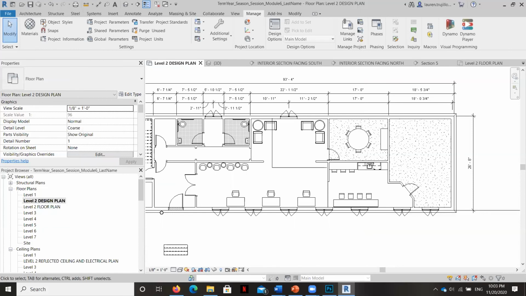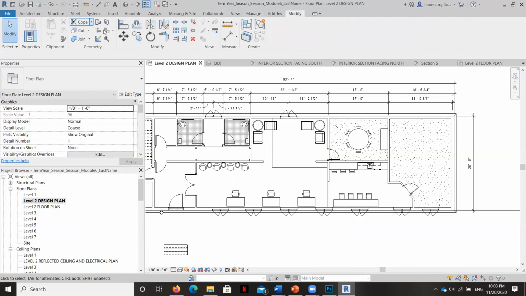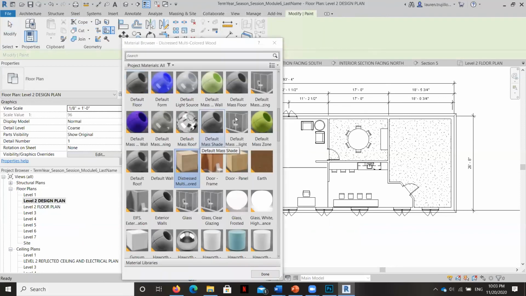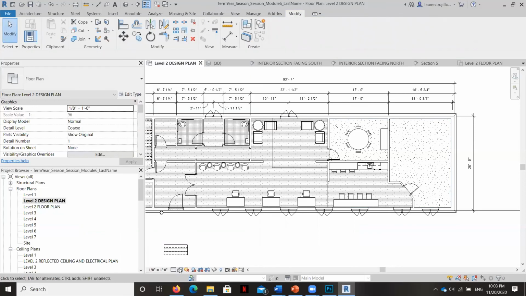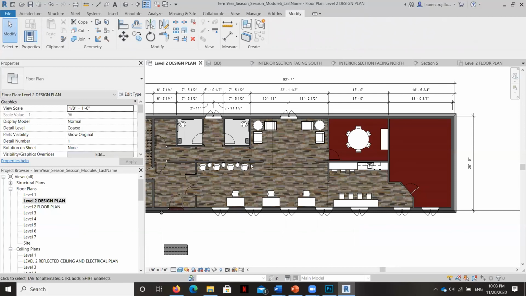So let's go ahead and paint. Okay. And let's just see how it looks in a realistic finish. Good, look at that.